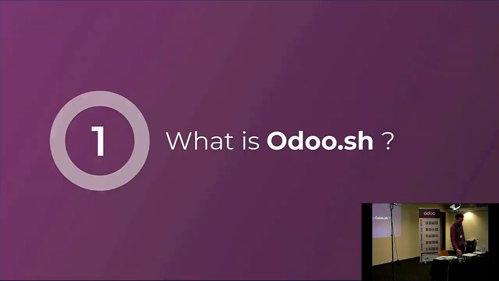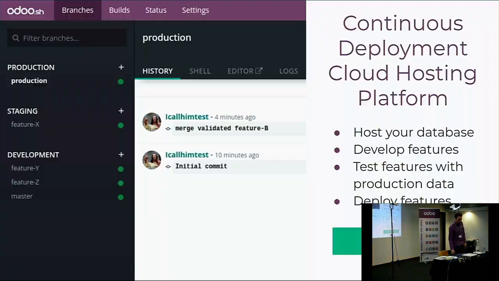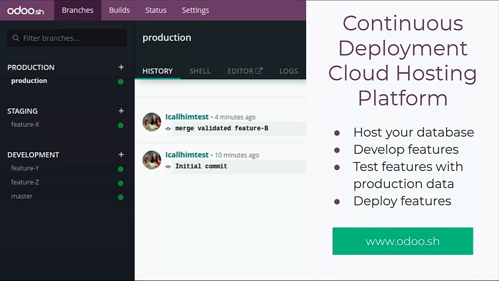Okay, so what is Odoo.sh? Odoo.sh is a hosting platform, but not just any hosting platform. It's really made to allow you to develop and keep on merging, keep on deploying your new features onto the production database that you will have hosted on Odoo.sh. So it allows you to host a database, to develop your features, to test them easily, and to deploy them